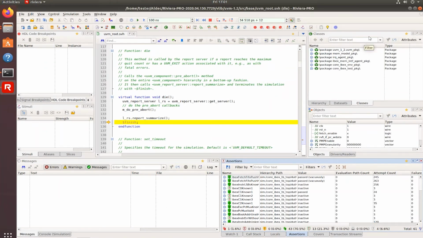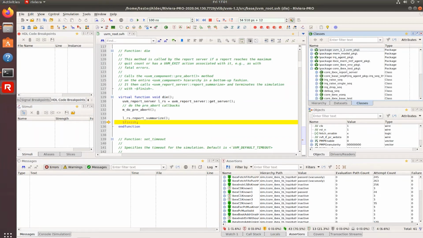So one of the first things I want to show you is the classes window. The classes window is very useful when you are working in a SystemVerilog class-based environment where you have different classes and instantiations. This classes window gives you a single location where you can take a look at everything. And if you expand any of those, you can see where that class is derived from, what methods